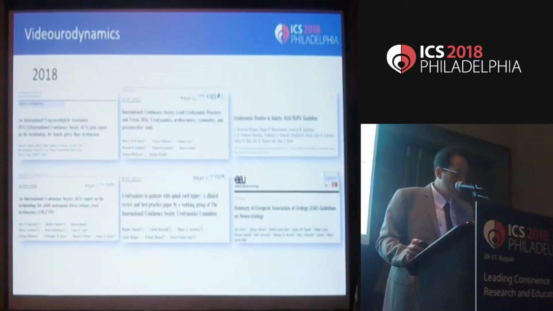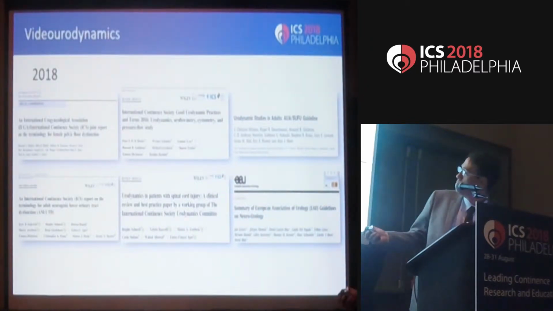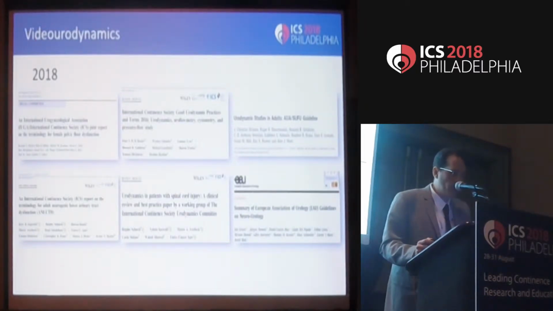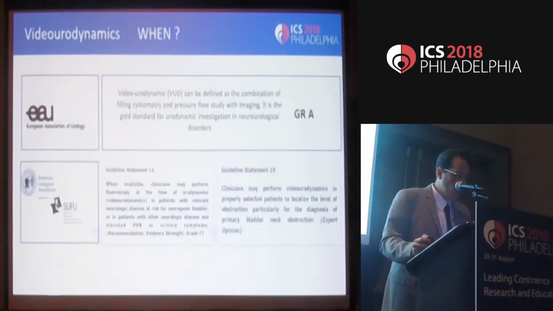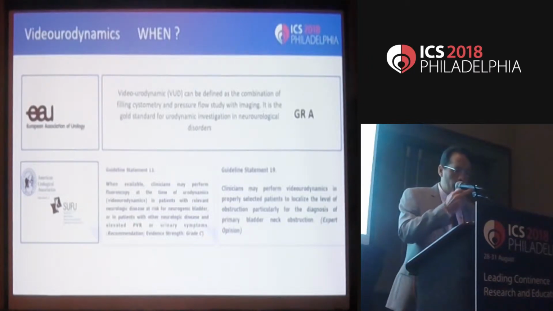In 2018, we have a lot of guidelines, recommendations, committee statements and review articles that help us define where, when, or how to perform videodynamics. We're going to talk about two, and the one that I prefer is from the European Association of Urology, which defines it as a combination of filling cystometry and pressure flow study with imaging. It is the gold standard for the European Association of Urology for urodynamic investigation in neurological disorders,